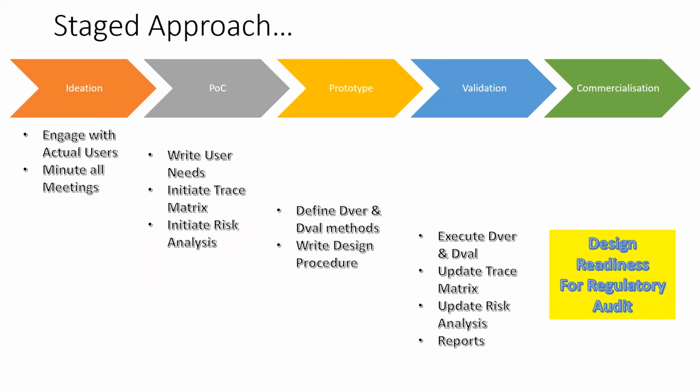Now, in this staged approach, I define certain absolute must-dos. Why are these must-dos? These are must-dos for 2 reasons. Reason number 1 is there is only a particular point of time in the process when you can actually do these things, and recreating these documents later on is highly wasteful and unproductive. And secondly, doing these actions early on in the process really saves you from risk and minimizes your risk of missing things in the design process.